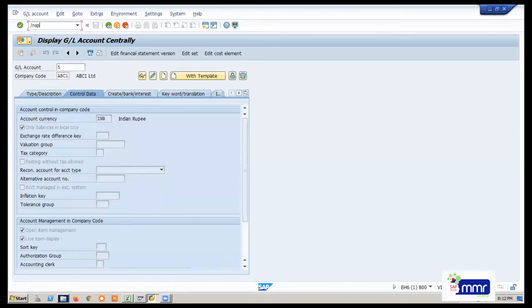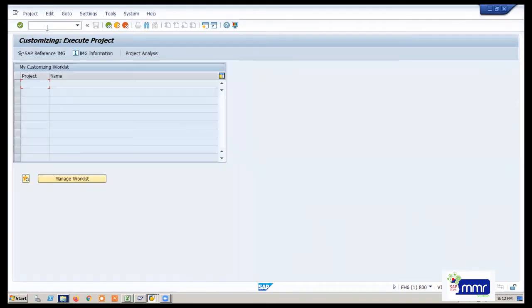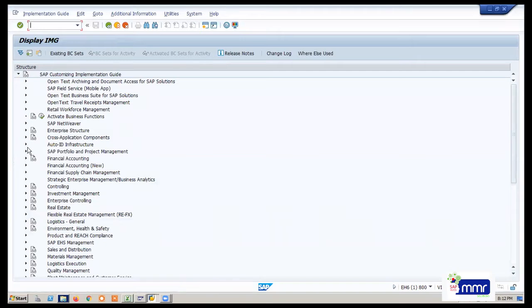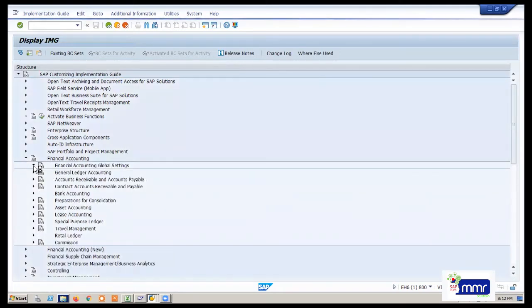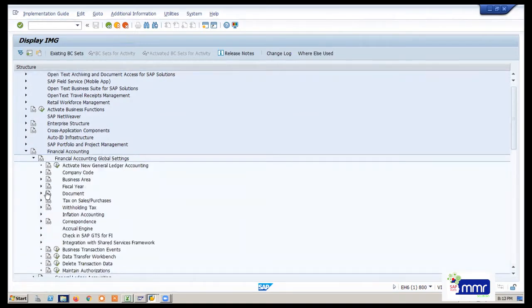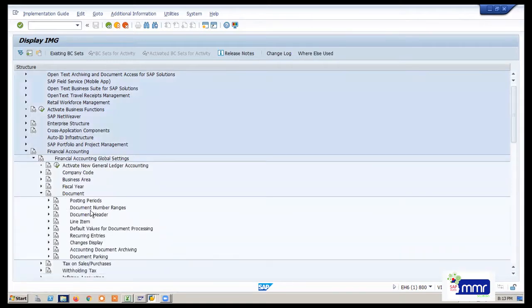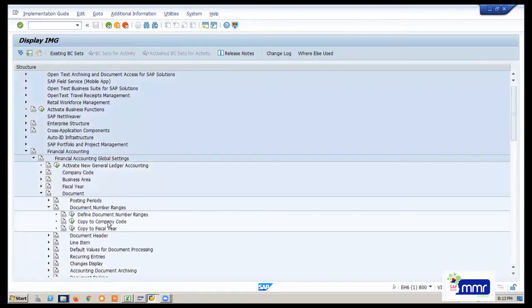You go in SPRO, financial accounting, financial accounting global settings, document, document number ranges, define document number ranges.